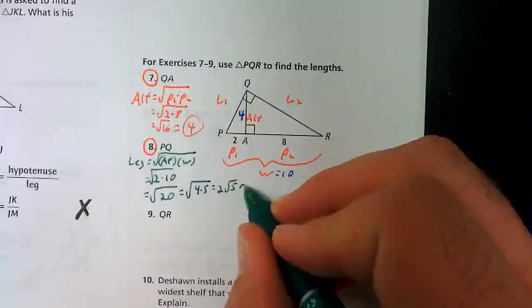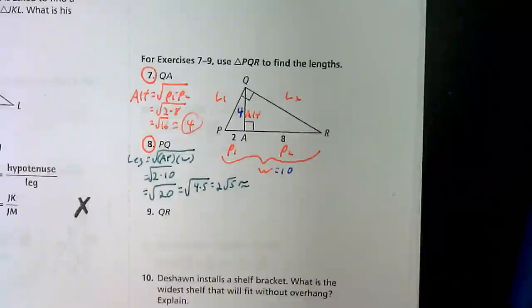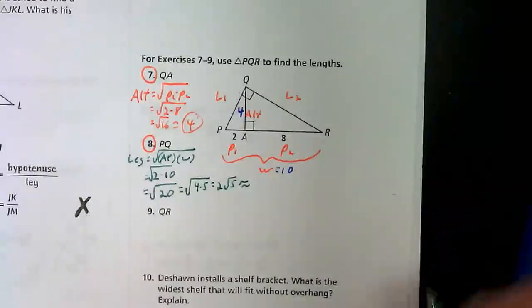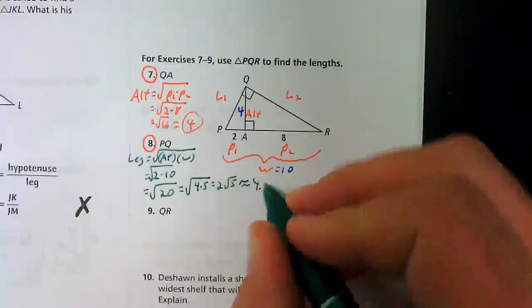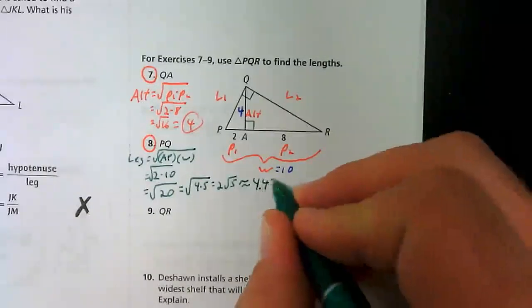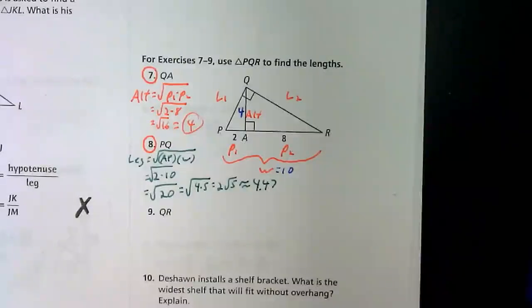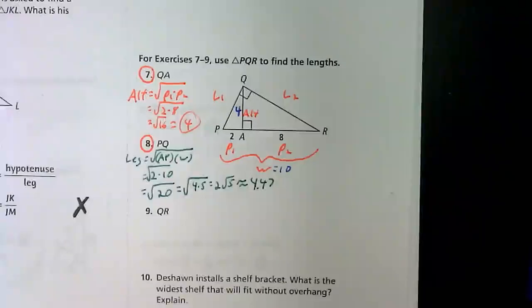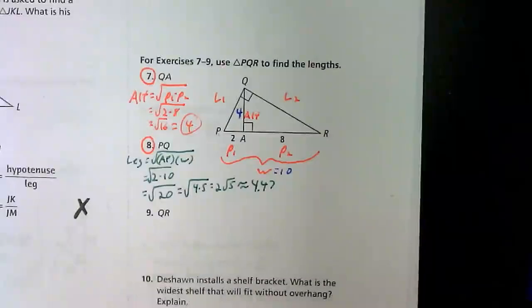Or you can take the square root of 20 on a calculator, and it'll give you 4.47. Again, I'm fine with you leaving it either way for now. Chapter 8, I'll be more strict about simplifying radicals. So on number 9,